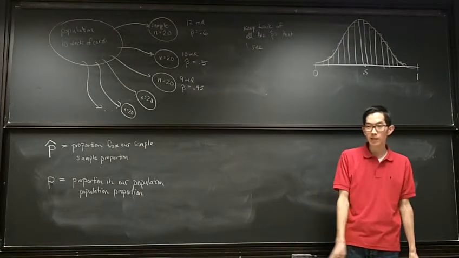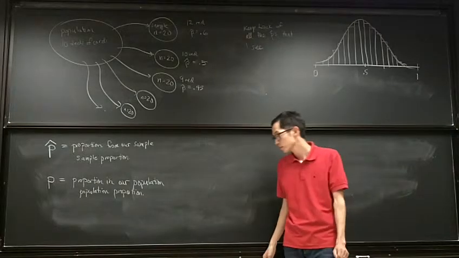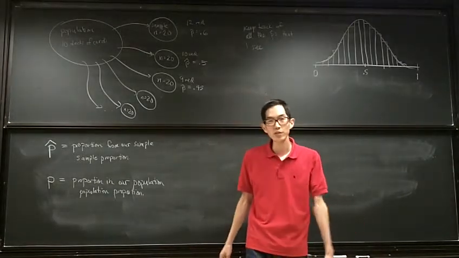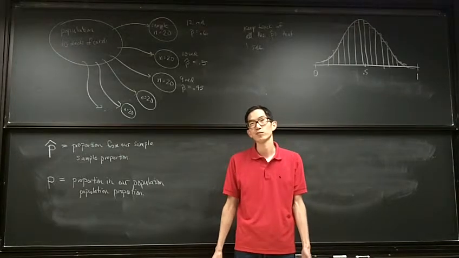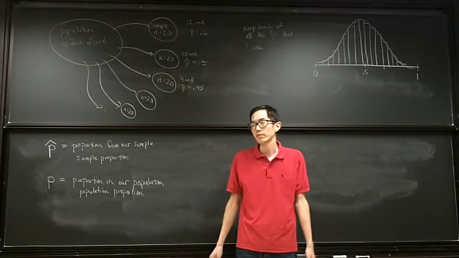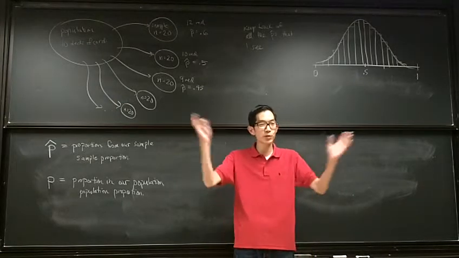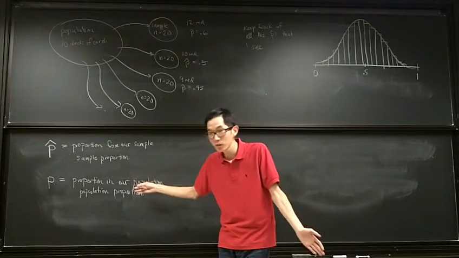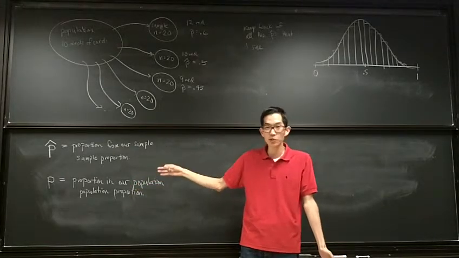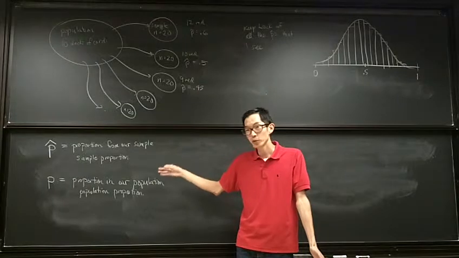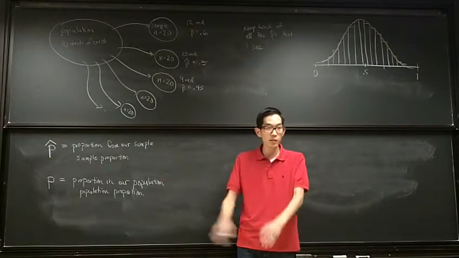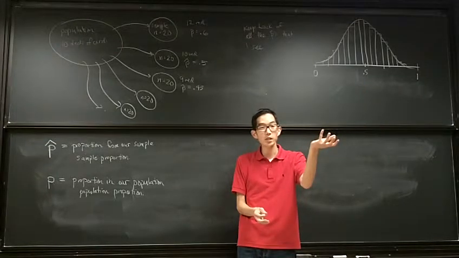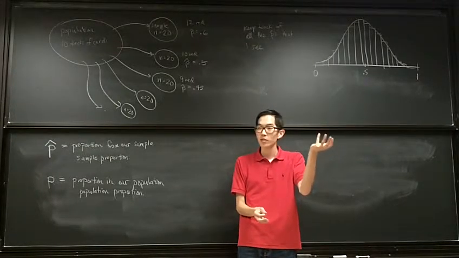Okay? So if I say in Los Angeles, let's say 40% of Los Angeles is white, okay? Then our P, if we were talking about the proportion that's white, would be 0.4. That's fixed. If I take a sample of 100 people and I calculate P hat, that number could be any